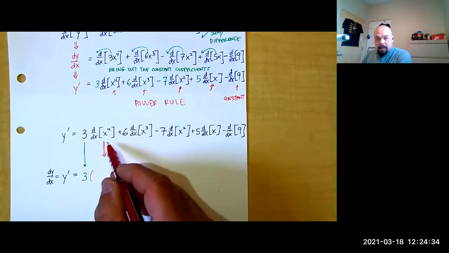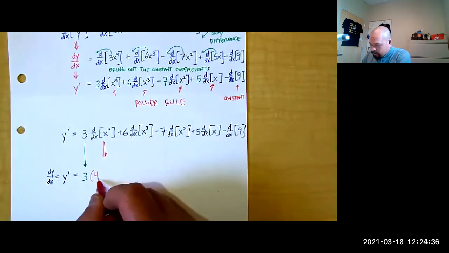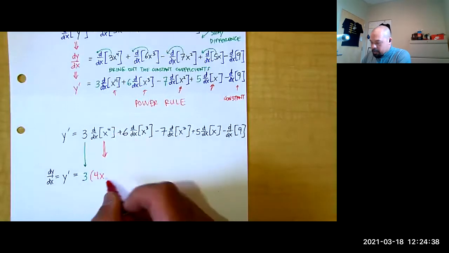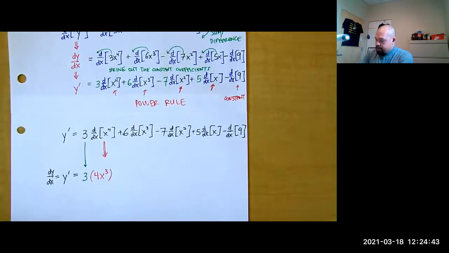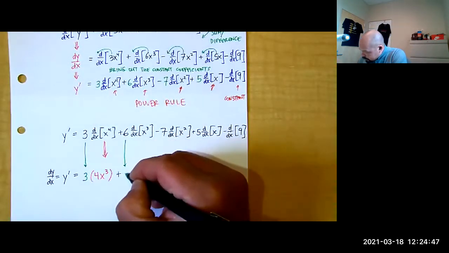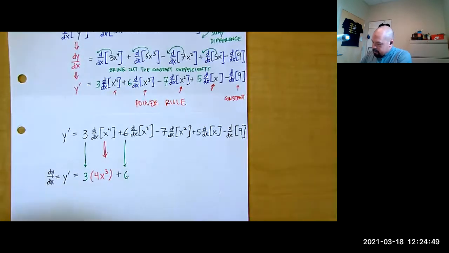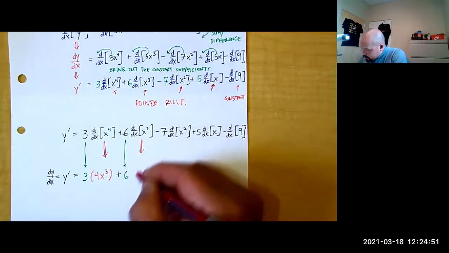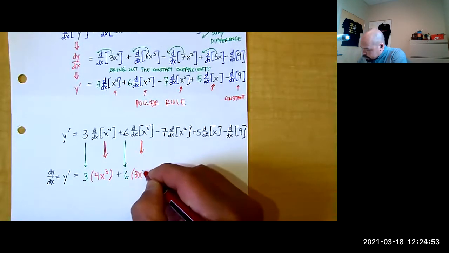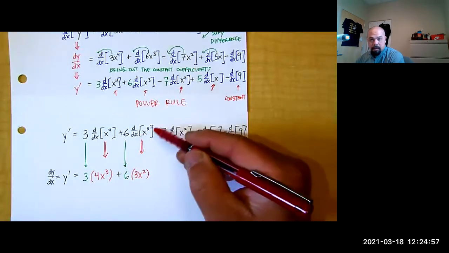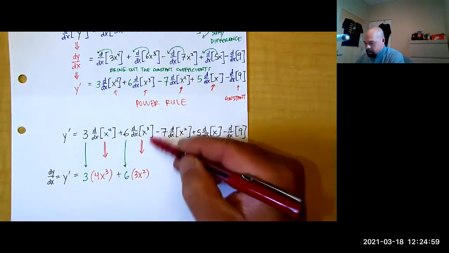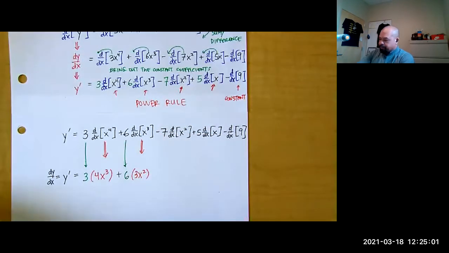I'll keep in parentheses now. The power comes down: 4x, 4 minus 1, 3. 4x cubed plus the 6, 3x squared, right? We did that one with the limit before. 3 comes down, 3 minus 1, 2, x squared. So 3x squared